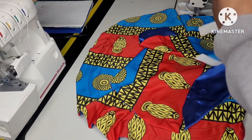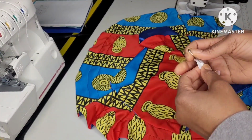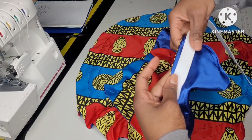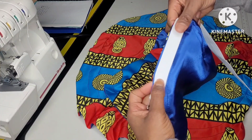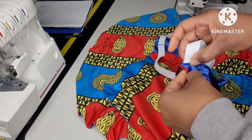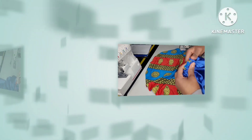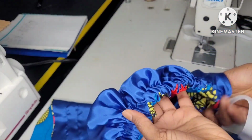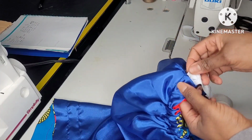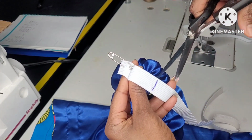Now the next thing I do is use my elastic, measure my head, and mark the point where my elastic is going to be cut. I use a safety pin to pull the elastic through the fabric. As you can see, this is the size of my elastic. It fits perfectly. I will pull the elastic all around this sewn area, and when I pull it together, we have our hat already. The next thing I do now is to cut off the excess elastic,